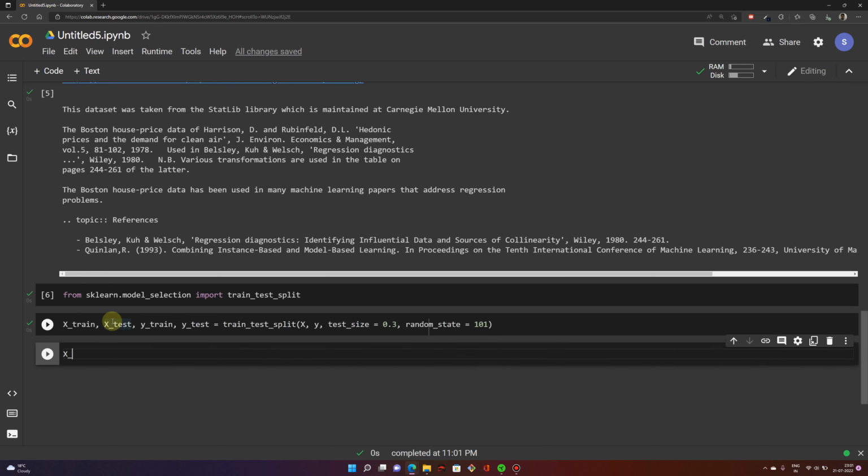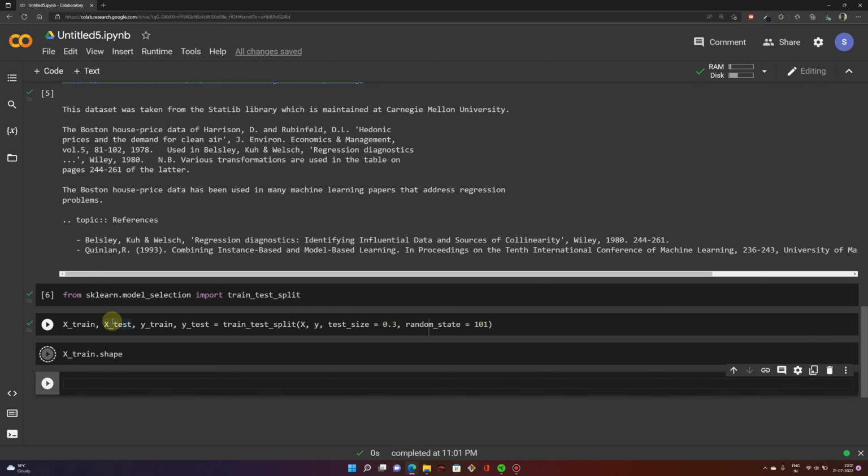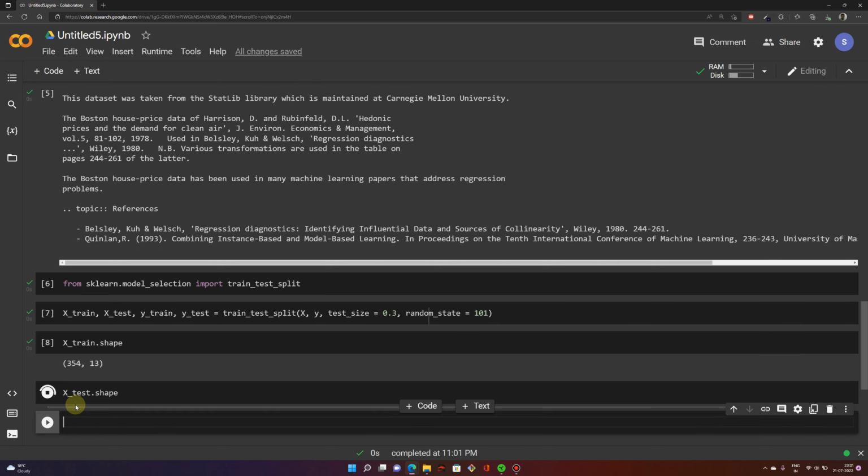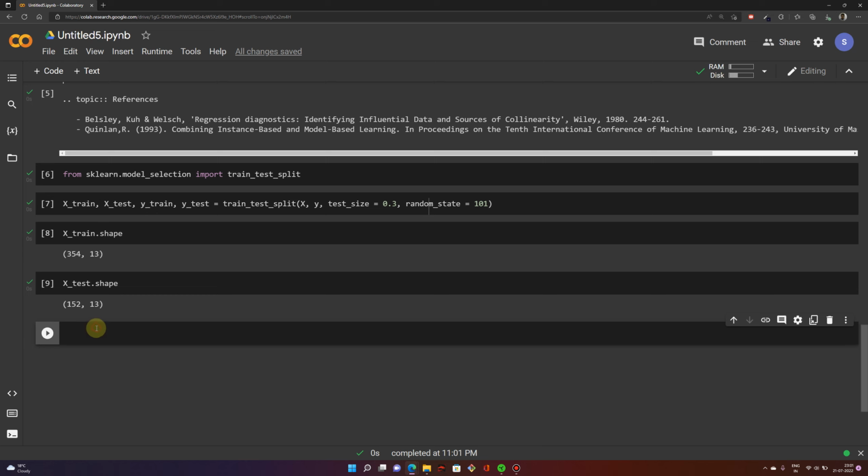Let us take a look at the shape of the training data. We have 354 rows. Similarly, we take a look at the test data. We have 152 rows, right? Now let us import the most basic